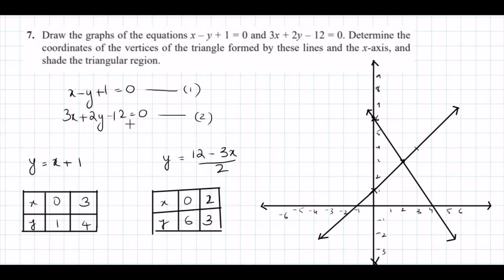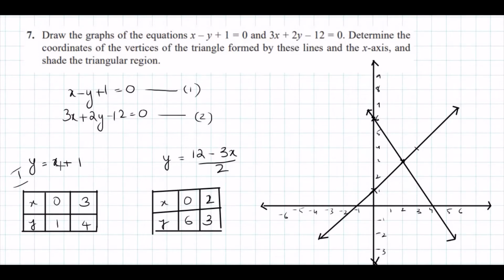These are the pair of linear equations in two variables. Now we have to find the coordinates of the vertices of the triangle formed by these lines. So first we have to draw the solution tables and take the solutions to plot on the graph. For the first equation, when you write y in terms of x, you get y equal to x plus 1. You take y to this side. And for the second equation, you get y equal to 12 minus 3x by 2. And after this, give the values for x.